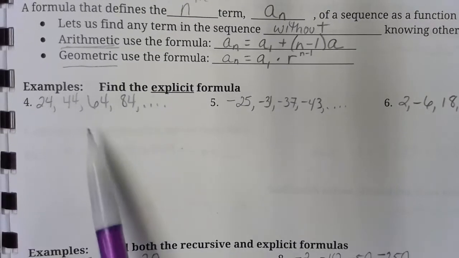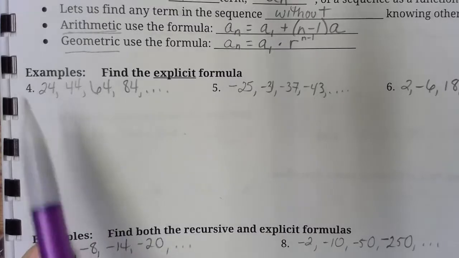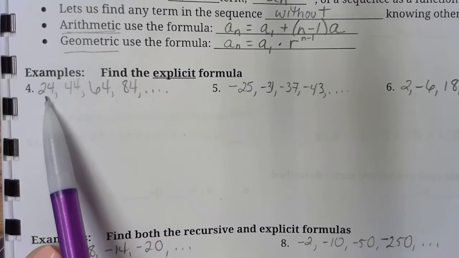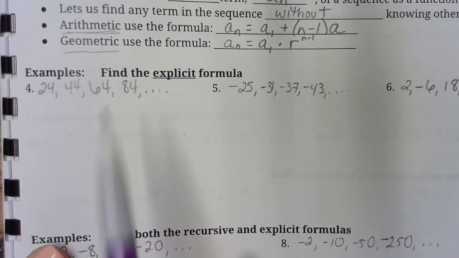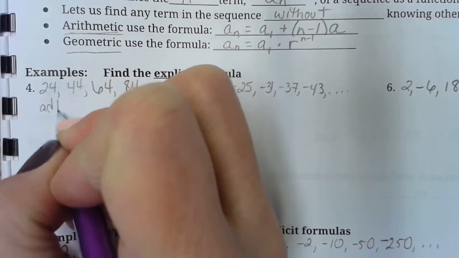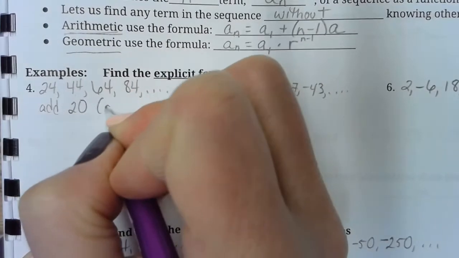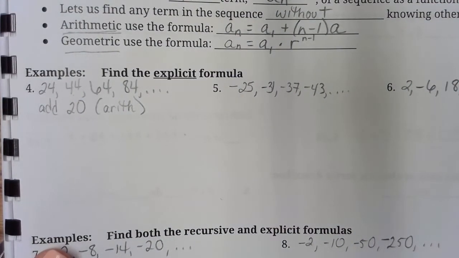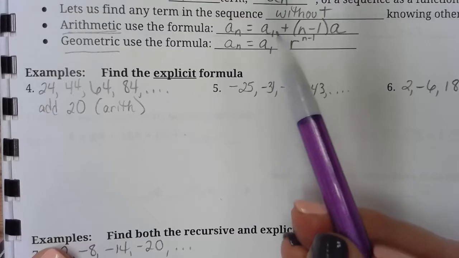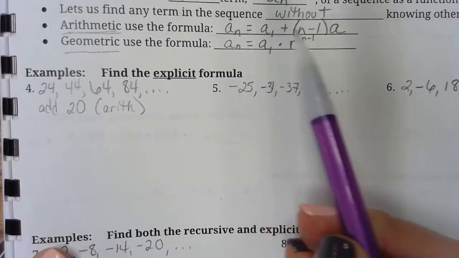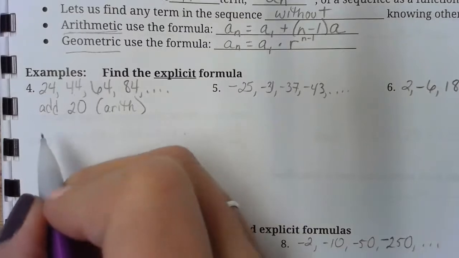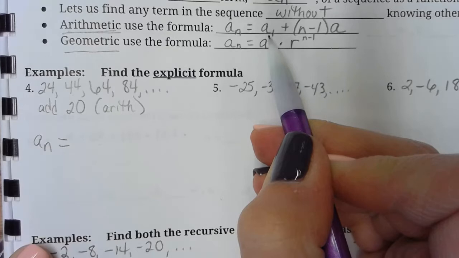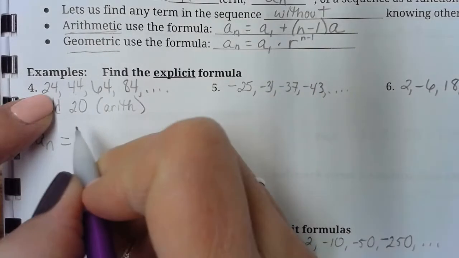So if we look at number 4, we want to find the explicit formula for this sequence. Well, what are we doing every time? 24, 44, 64, 84. We're adding 20. And I'm going to be short and just write arith instead of arithmetic. So it's an arithmetic sequence. So that means I'm going to come up and pick up this format for the explicit formula. So that means a sub n equals a sub 1. Well, the first term is 24